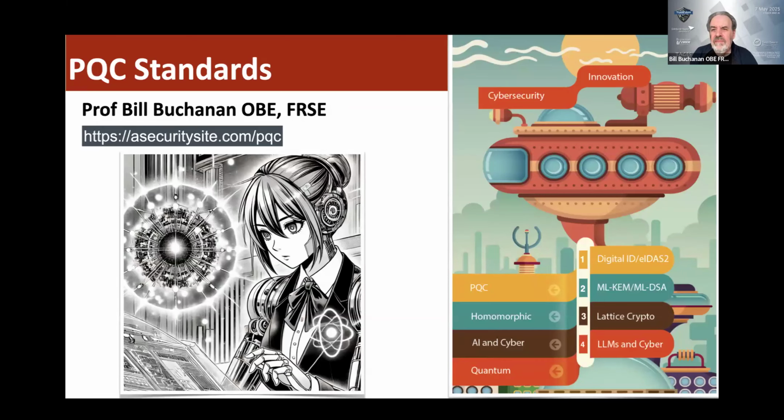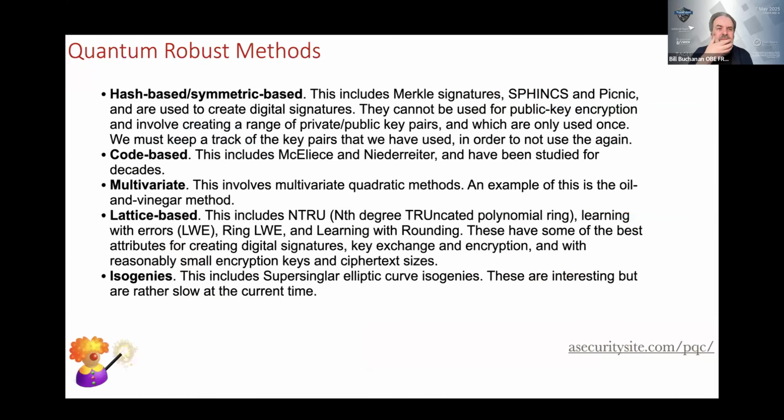Okay, so let's look at some standards that have been created for post-quantum cryptography. So we need hard problems that existing computers and also quantum computers will still find hard. It doesn't do any good to have a new method that a quantum computer would find hard, but our existing computers would not. So the 5 main methods that have been selected in terms of hard problems for a quantum computer are